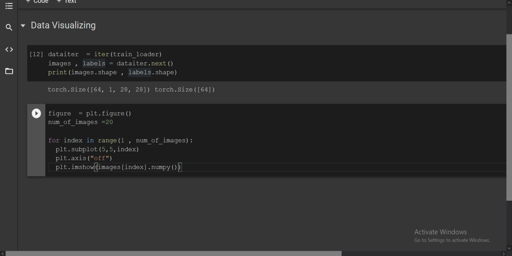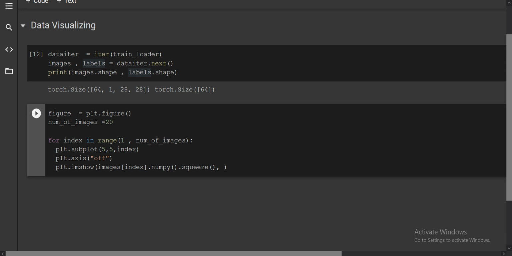Because it is a grayscale image, we remove the one dimension. For that you will write squeeze. Basically, whenever the axis is equal to 1, it will remove that axis using squeeze. Then the image will be 28 cross 28.